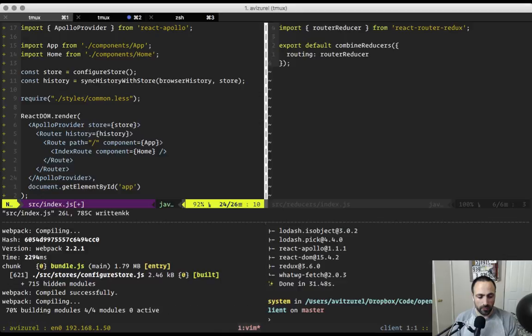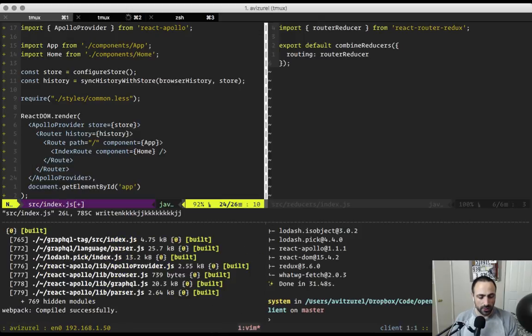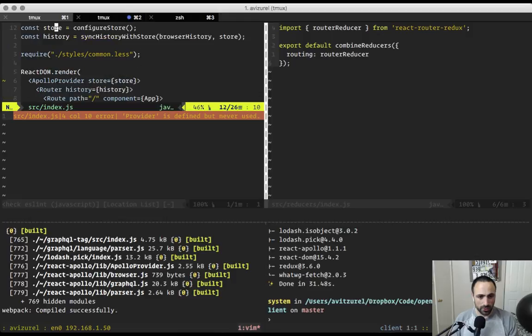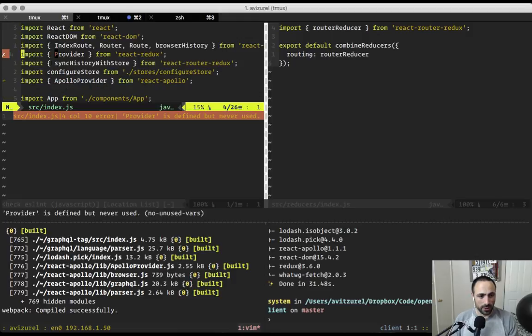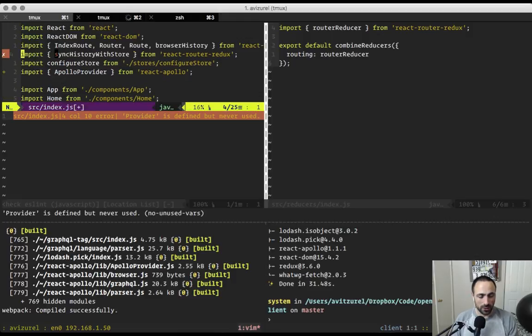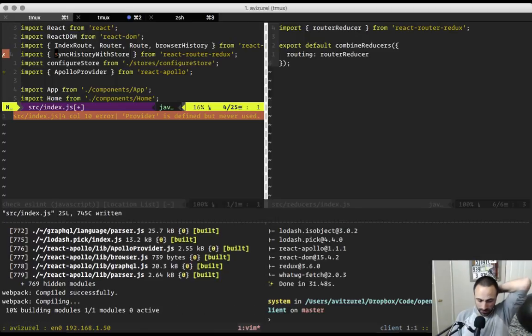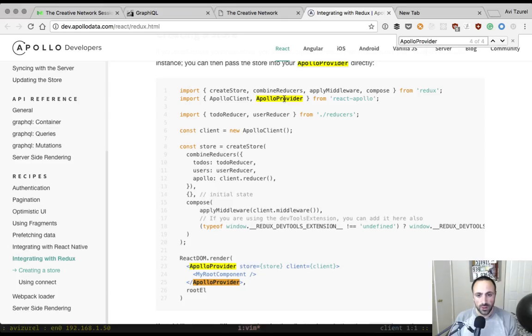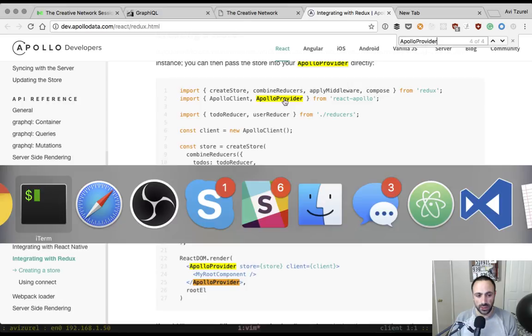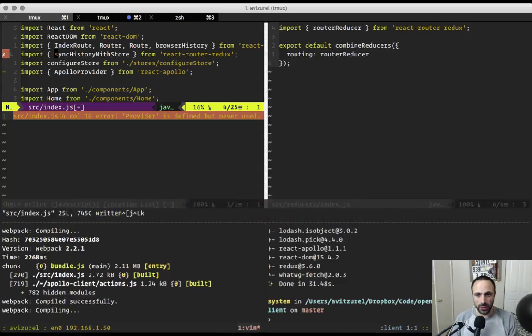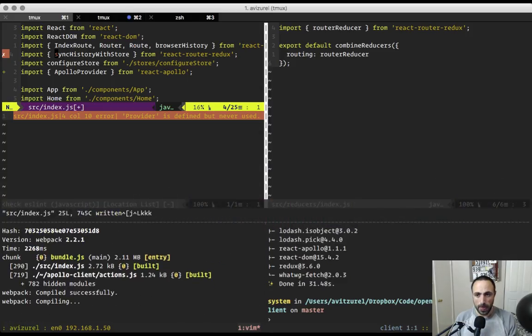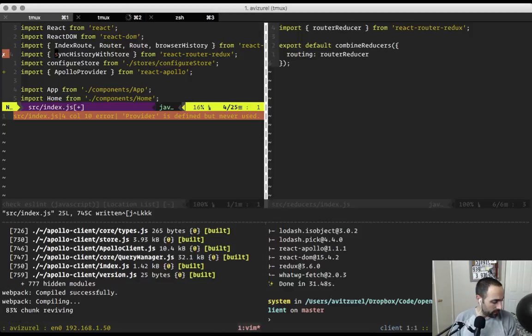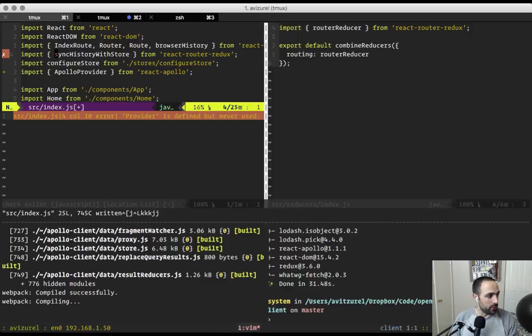So where did the initial provider come from, before we changed it to Apollo provider? It came from here. Let me just, my computer is starting to suffer. Here, React Redux. So we can get rid of that now. Got it. And then we need in our root reducer here, we need to import